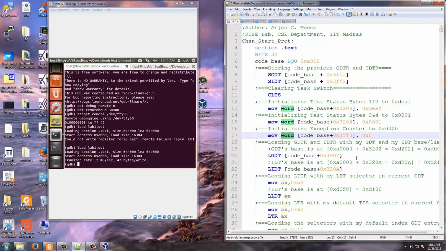After that, I load the GDT of mine, the GDT of this code.